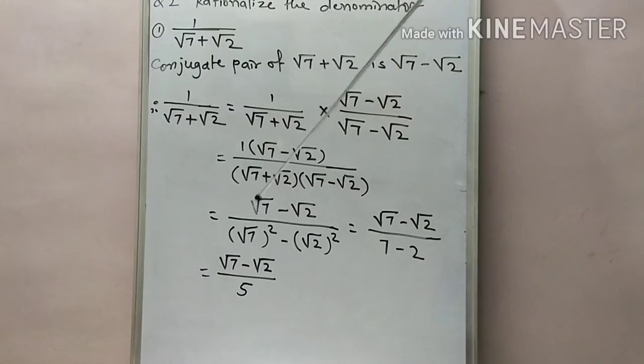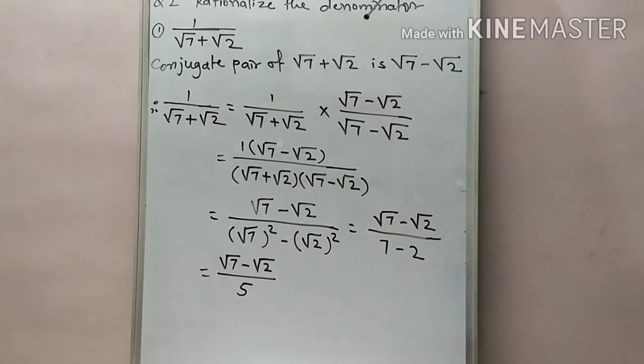So in the numerator, root 7 minus root 2 as it is, and in the denominator we write the formula a square minus b square. The value of a is root 7 and b is root 2. So root 7 square is 7 minus the square of root 2, which is 2, and therefore after subtraction we get 5 in the denominator, with the numerator as it is, root 7 minus root 2. Here the radicands are not the same, so we do not write this subtraction as root 5. Root 7 minus root 2 stays as it is, which is an irrational number, and here we get the rational number 5 in the denominator. Getting this, students?